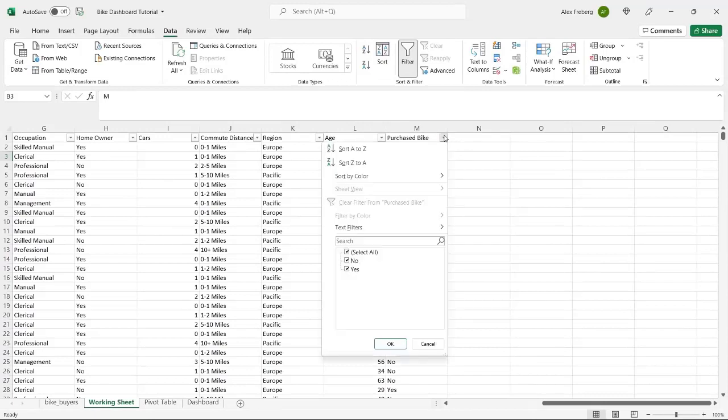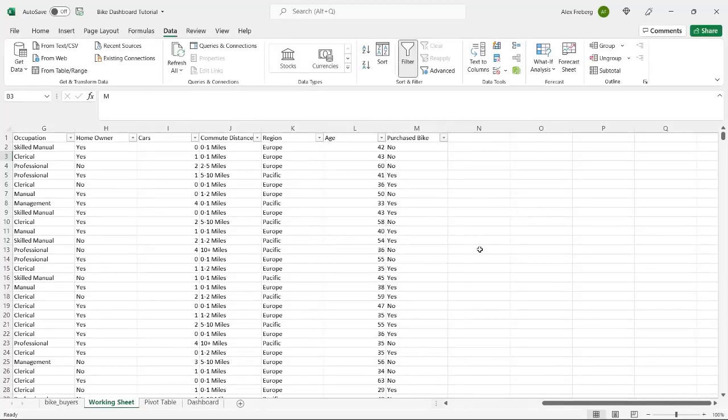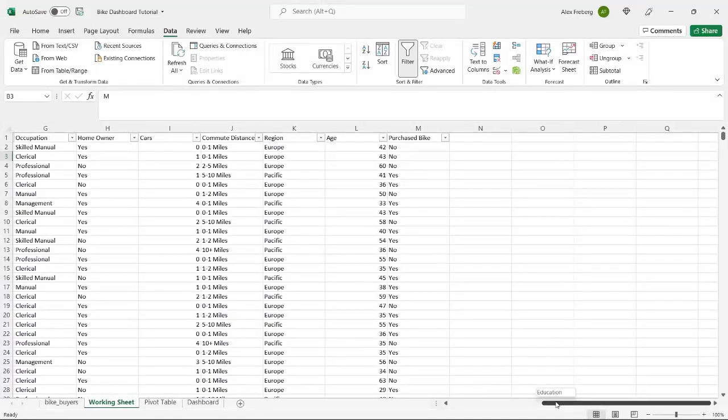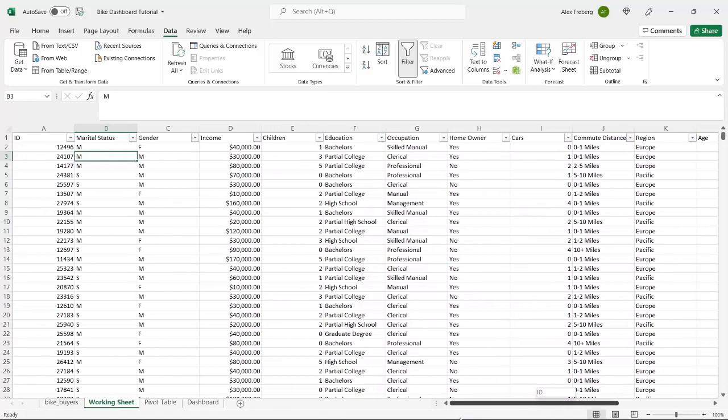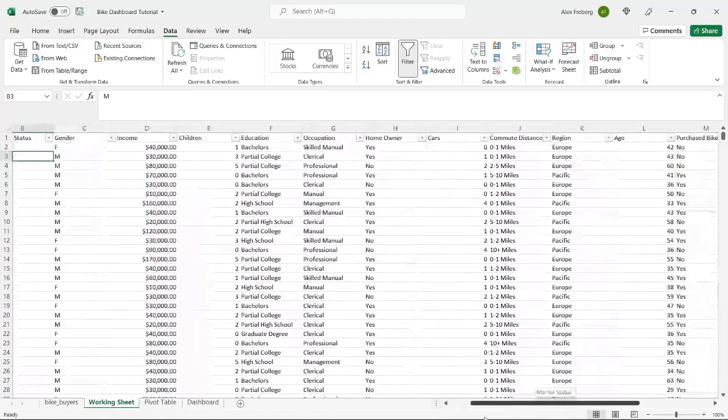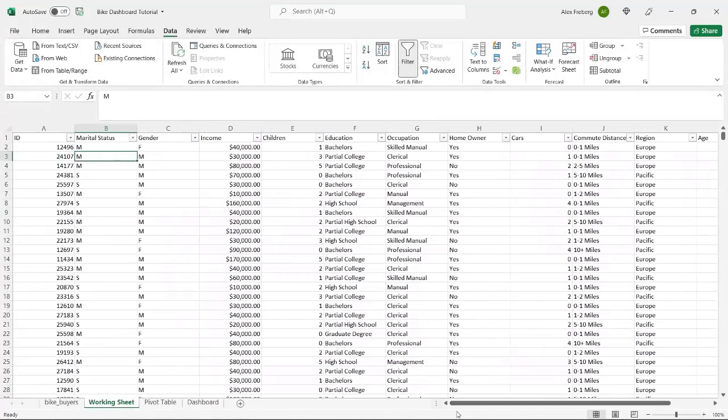And this column right here is extremely important. This is going to tell us whether they did or did not buy a bike. So we got their information. They're looking for a bike, but they either decided not to buy a bike or they did buy a bike. And we're going to be using that one a lot in this video. And so, this is basically the data set that we're working with, some of the demographics and information behind the person. So what we want to do when we are cleaning the data, before we do anything, I like to